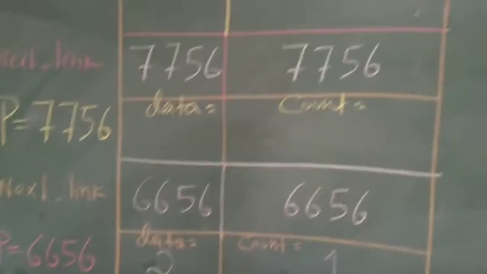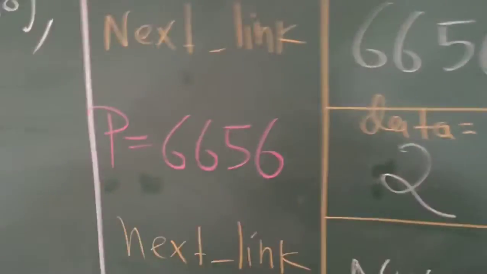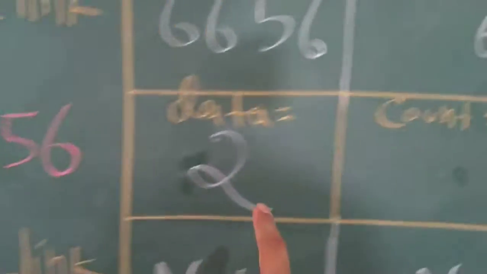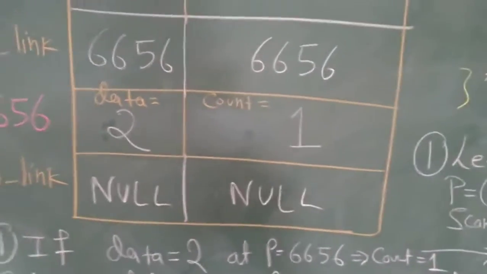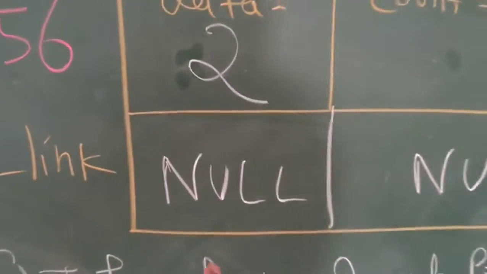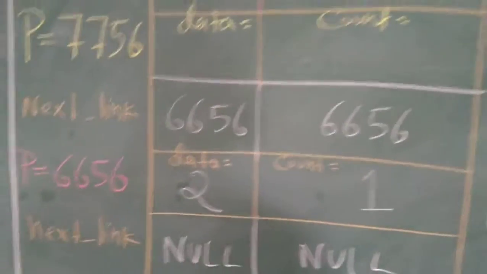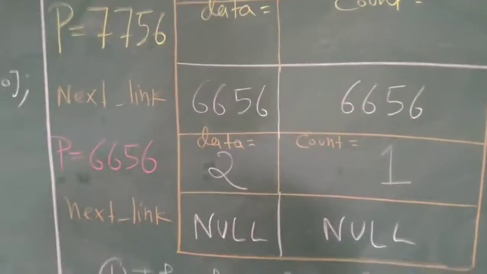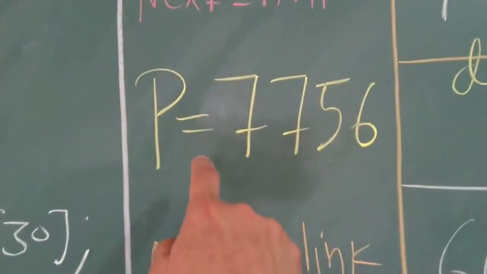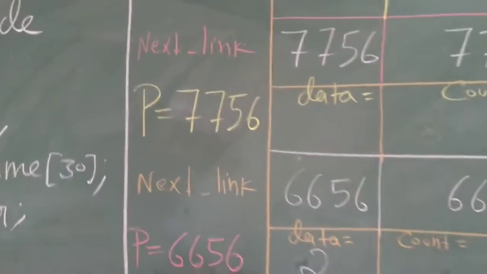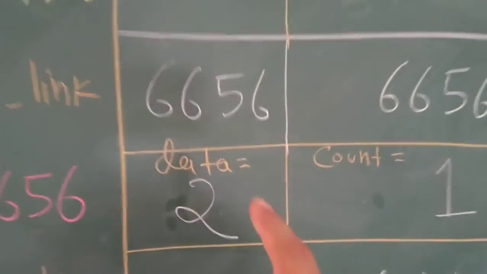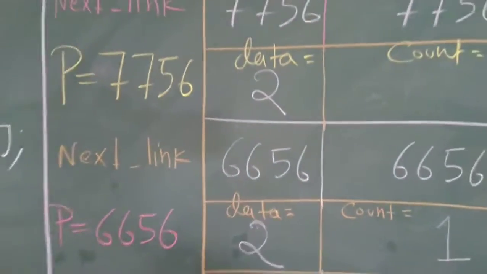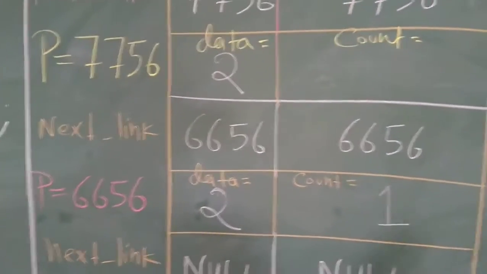Now here also you have to complete the same thing. When you write in this address P, this is the object actually. So you insert data 2 and count is equal to 1 because 2 has been counted only one time, and next is null initially. This is the algorithm of a stack. Now suppose again you allocated P, again you allocated P 7756. Suppose again you entered data 2. In this condition, what is your task?